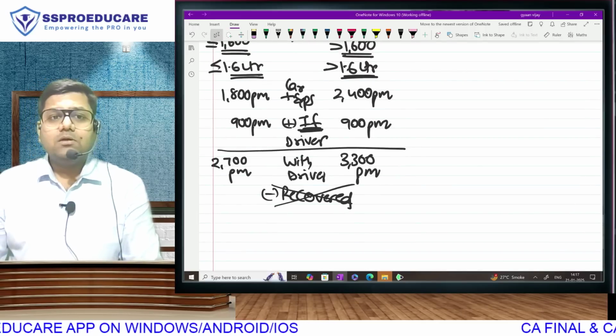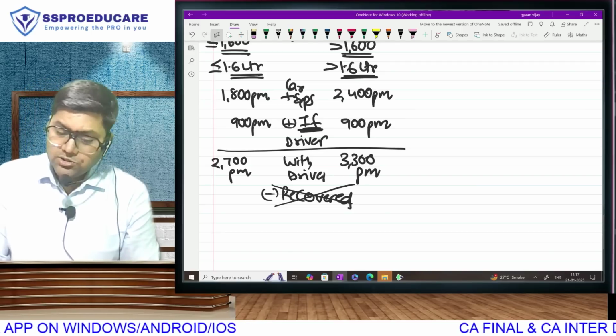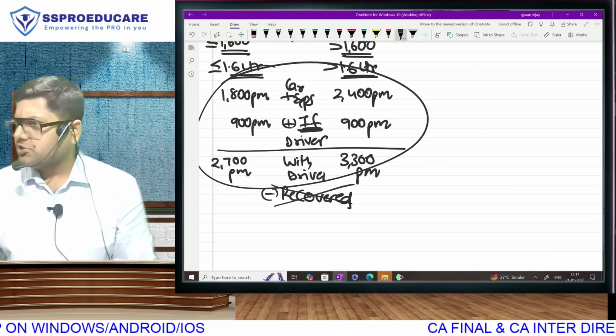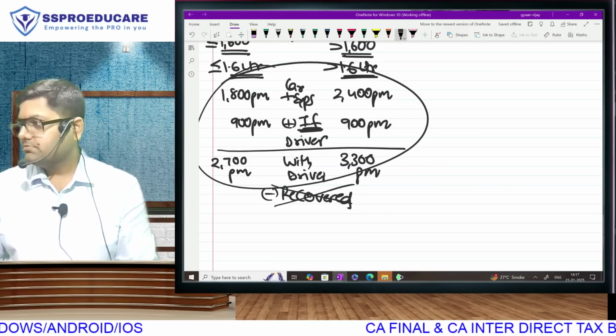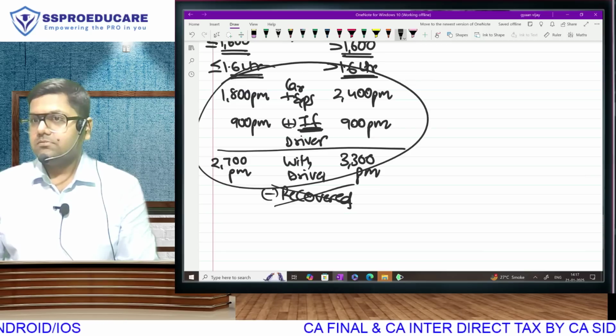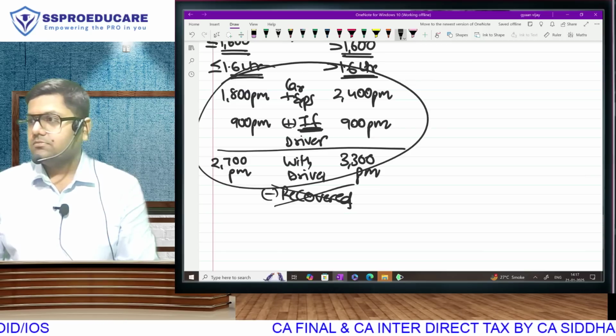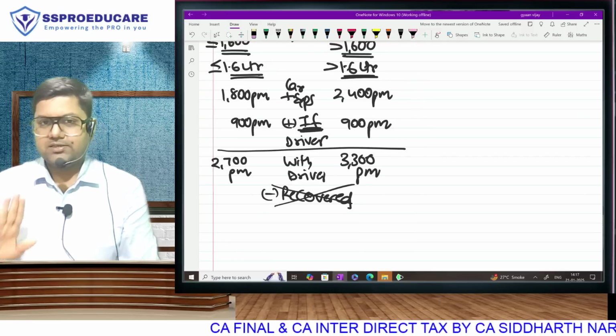Is it possible that the actual benefit that I have taken as an employee is lower than this also? Though this is too less, but it is lower than this also. Is it possible? I'll explain how. Okay. For example, Karan